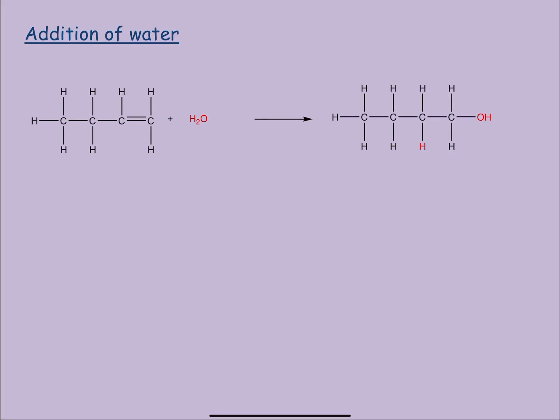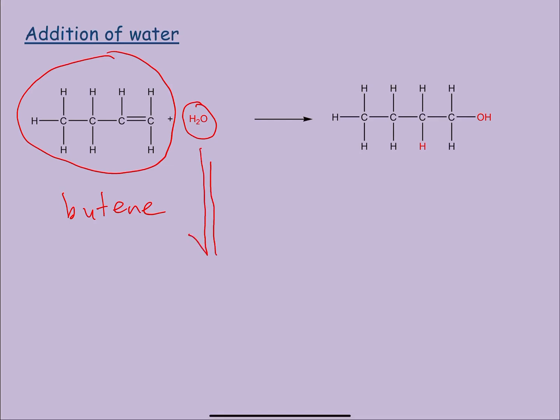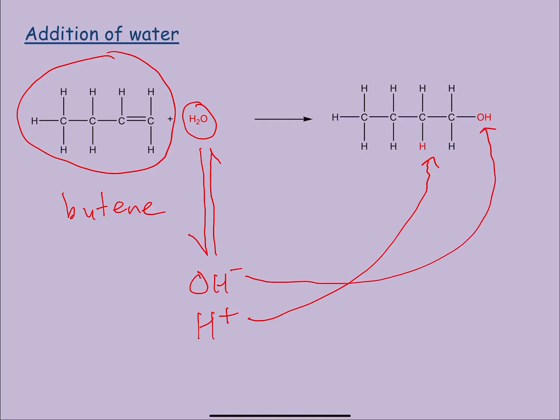Right, last addition reaction, we can take an alkene, and again we have butene here. We can add water to it. Remember, water exists as OH minus and H plus ions, and effectively the hydrogen can be added on here and the OH can be added on here. Another addition reaction. This time we're adding in water. Start with butene, and this is called butanol. So it's but because there's 4 carbons, and anything that has an OH in it is an alcohol, and we've just made butanol. So let's say we started with hexene